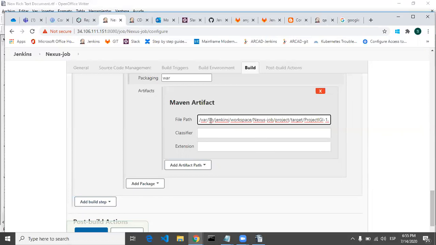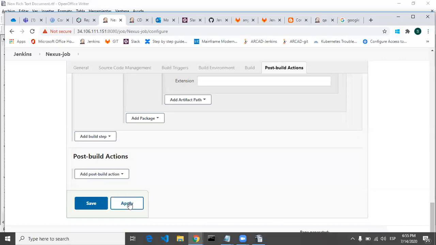Once you execute this Nexus job application, then workspace will be created, and inside workspace, this project name will be created. Okay, Nexus job. Inside that, the project and the war file will be present in the target folder. Okay, so let's apply and save